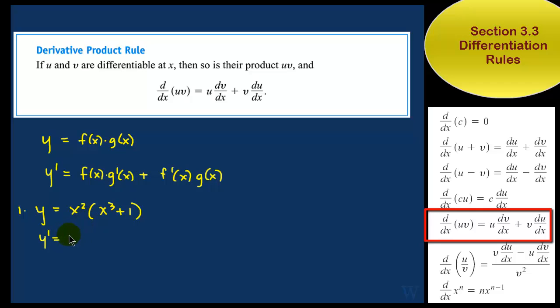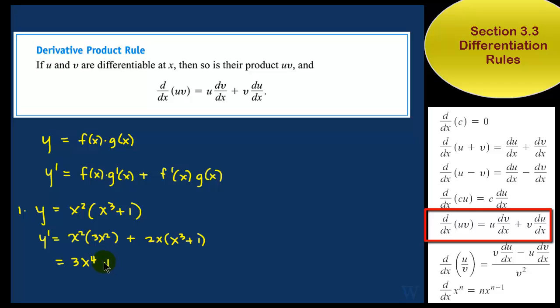So suppose we take x squared and multiply by the derivative of the second function, which is 3x squared, plus, now we take the derivative of x squared, it's equal to 2x times the second function, x cubed plus 1. And here we can still simplify this by expanding on it, and it'll be 3x to the